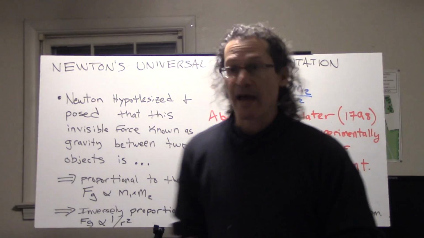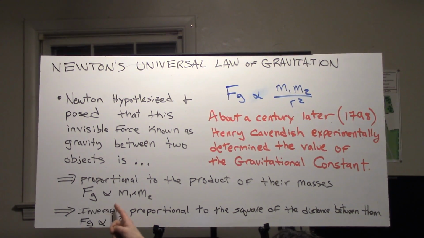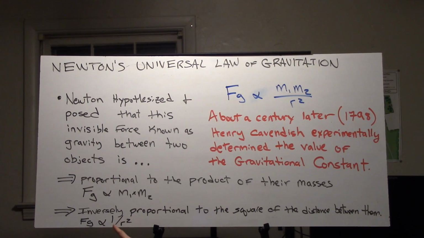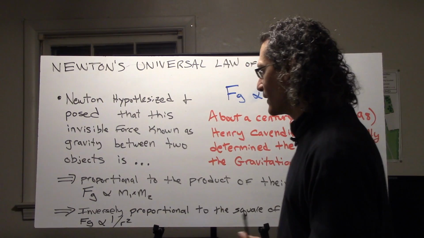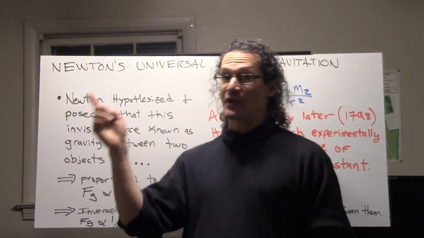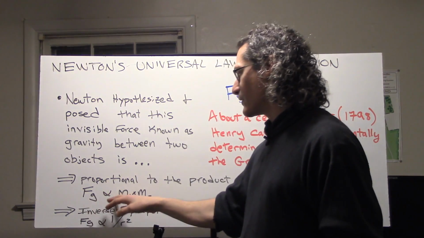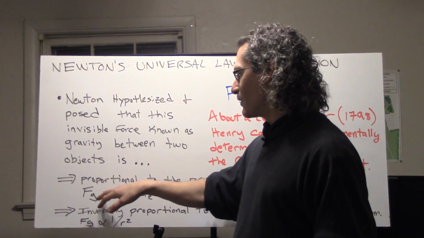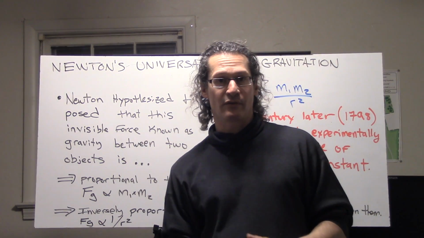And he also thought that the relationship was inversely proportional to the square of the distance between them. So the force of gravity is proportional to 1 over r squared. We're going to use r squared since your book does. We could use d squared. That's fine. And by the way, this fish thing that you probably know as alpha, which in some contexts refers to angular acceleration, in this case, when we see one variable alpha like m1 times m2, that alpha means proportional to. Okay, it doesn't mean equal.